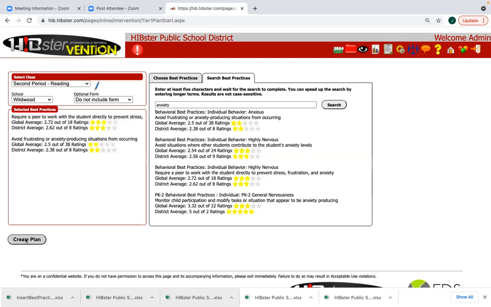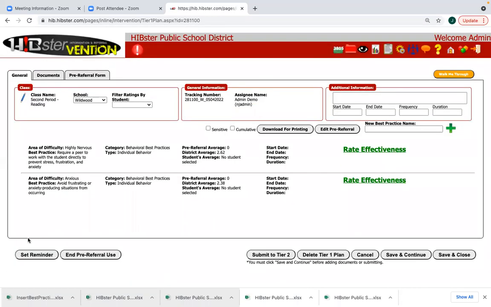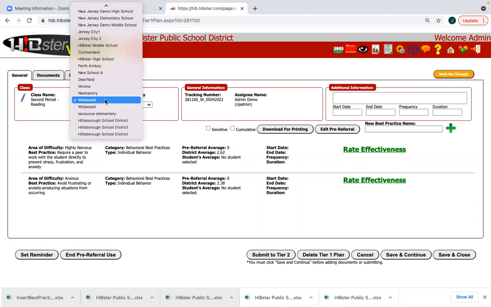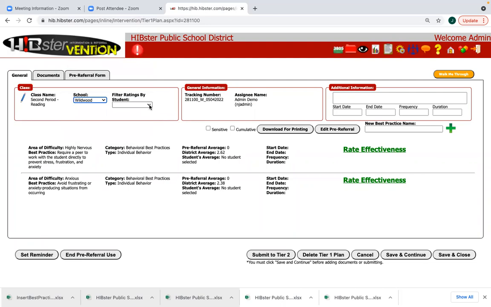So now I'm just going to hit create the plan. And now you are looking at what we're going to try with second period reading. The school is Wildwood. And here are our students that have come over here pre-populated. Okay, now you can also add some additional information. And you can put anything you want here. Contacted the parents